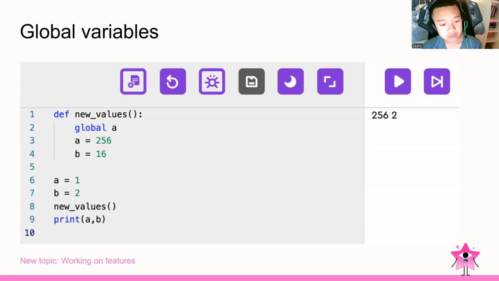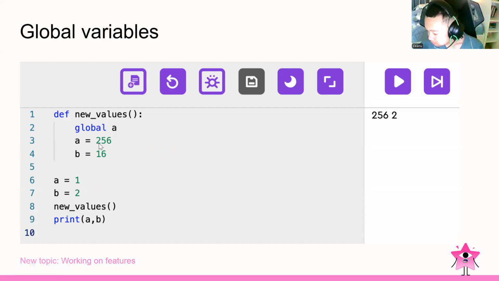Now why is it printing 256 and 2? Because A is global, but B is not global. As you can see, the first value of A is 1 and B is 2. But we go to this function named new values and set A as global, so A becomes 256, the new value.